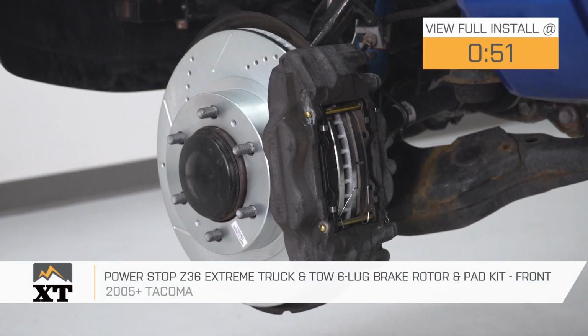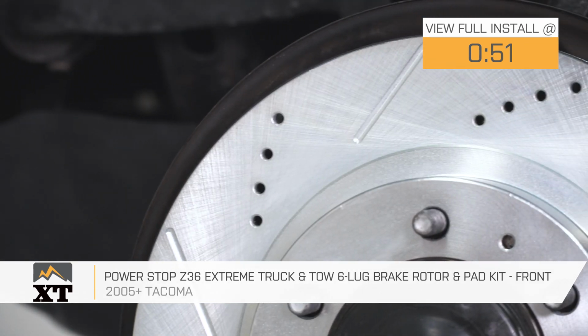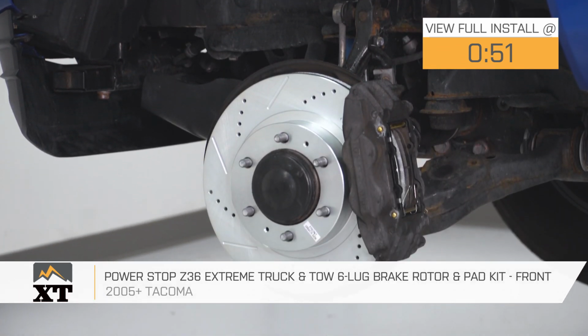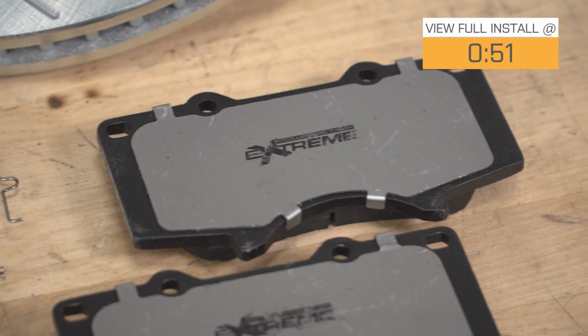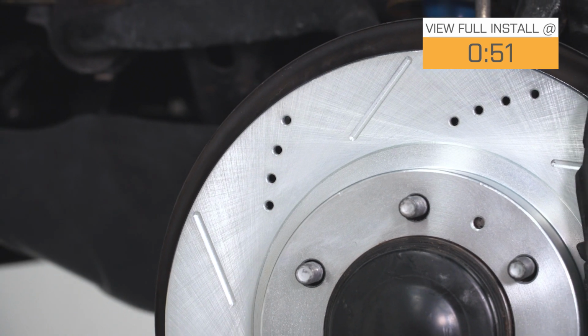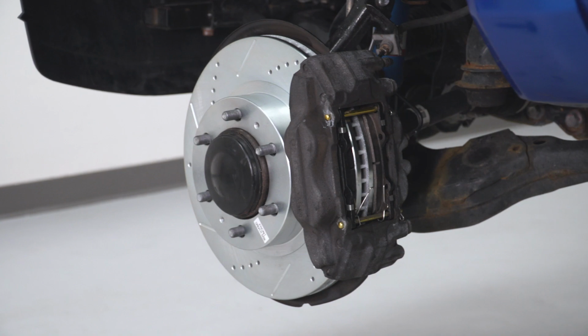Today we have a review and install of our PowerStop Z36 Extreme Truck and Tow 6-lug front brake pad and rotor kit fitting your 05 through 19 Toyota Tacoma. This is a complete front brake pad and rotor kit designed for both on and off-road performance. This kit features drilled and slotted vented rotors as well as carbon ceramic compound pads for less dust and noise. This kit is going to improve braking performance and is a great choice especially for those Tacoma owners with larger wheels and tires. Coming in at around $160, this is a budget-friendly way to not only replace but upgrade your